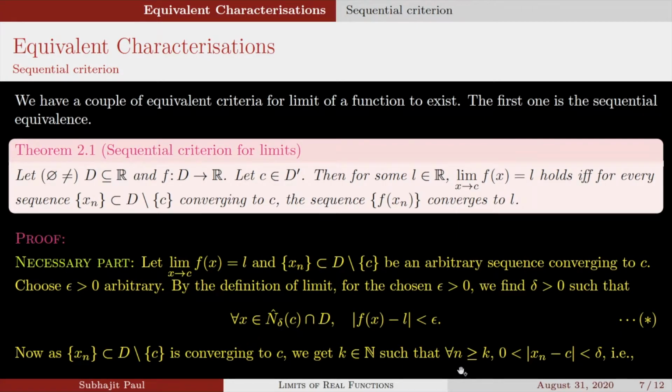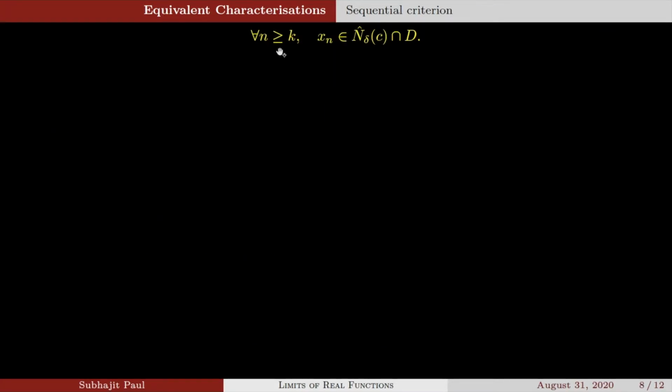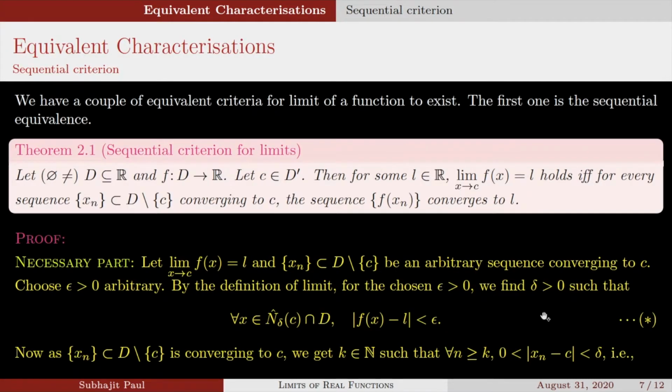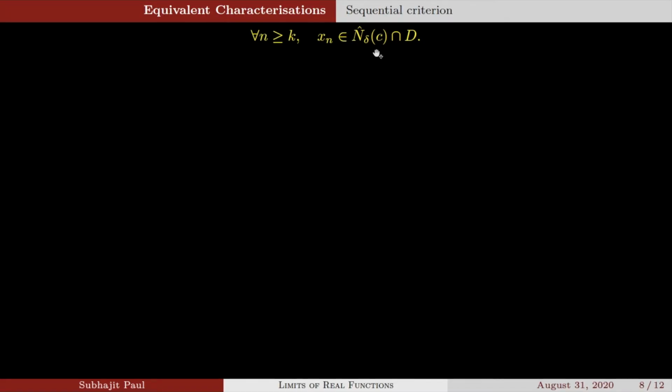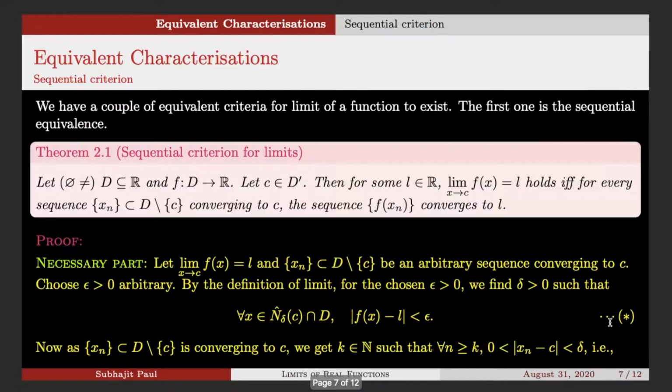So mod of xn minus C, for all n greater than or equal to k, is less than delta. That is, for all n greater than or equal to k, xn belongs to the deleted delta neighborhood of C intersection D. Of course, this part is clear, because the distance of xn from C is less than delta. So xn belongs to the delta neighborhood of C, and none of them is equal to C. That is why this belongs to the deleted delta neighborhood of C intersection D as well. Therefore, by star, this definition of limit,